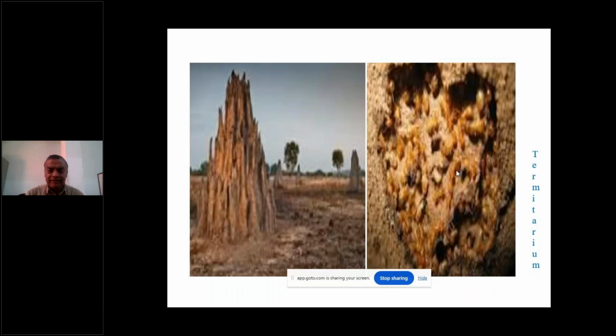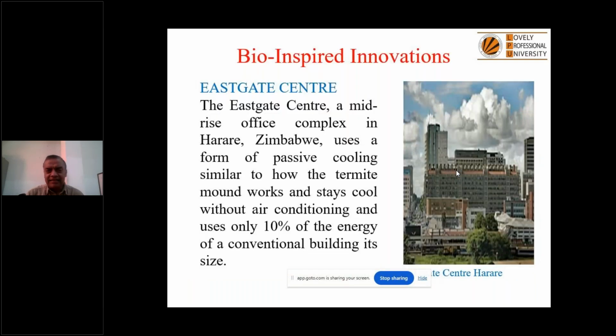for termite building. Similarly, this is Eastgate Center. The Eastgate Center, a mid-rise office complex in Harare, Zimbabwe, uses a form of passive cooling, similar to how a termite mound works, and stays cool without air conditioning. So, without using any air conditioning, it uses only 10% of the energy of a conventional building its size. If you see this building texture, it is exactly like termite excreta left after eating